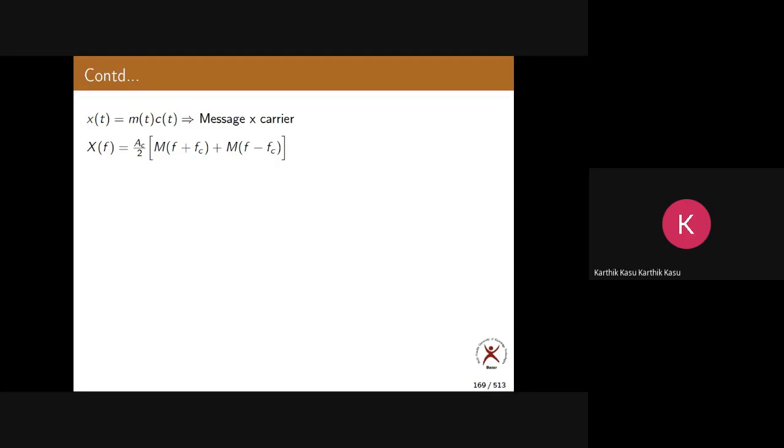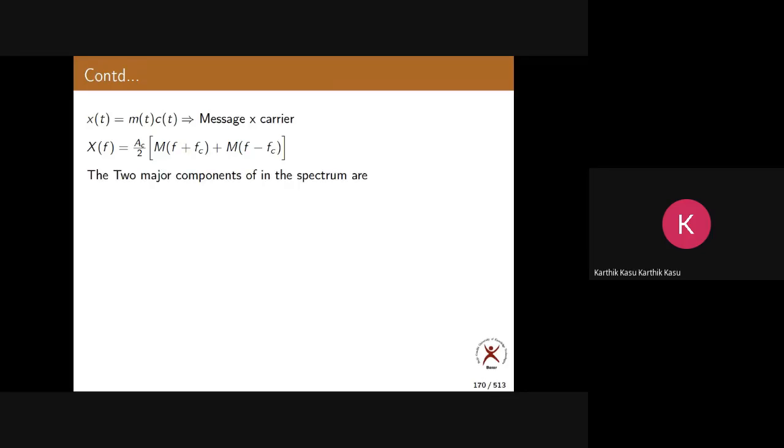So the spectrum will be very simple, because the spectrum of AM we have already studied. From that, remove the carrier, and you will have this term only. There is no Ka also. So this is the spectrum of your DSBSC. Do you agree or not? Just remember the spectrum of AM, remove the carrier term and remove the term Ka, so you are left with this term. This is the spectrum.